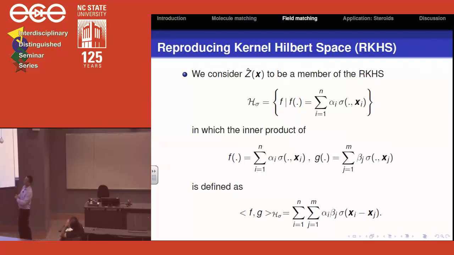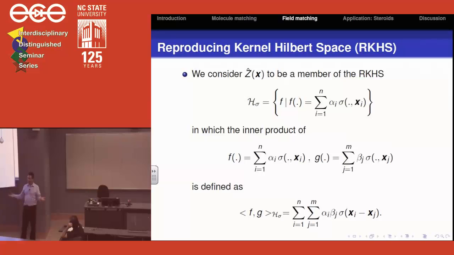So we say that our predicted field would be a member of a reproducing kernel Hilbert space, which just means I can express it in this form as the sum of alpha i times this covariance function here, and the inner product in this reproducing kernel Hilbert space has this nice simple form where it's just a double sum over all pairs of points. Okay,